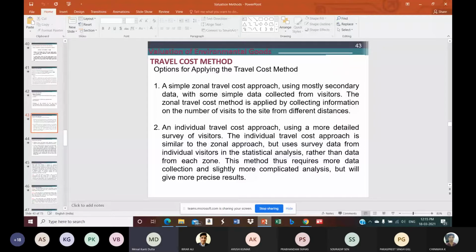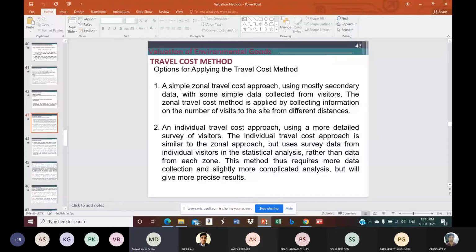This method is applied by collecting information on the number of visits to the site from different distances. Of course, different zones can be identified, and these zones will be based on the distances. Accordingly, we can find out. Distance will play a very important role in the number of visits because distance is related to the cost of travel as well. So different zones will be identified based on the distances from the sites or